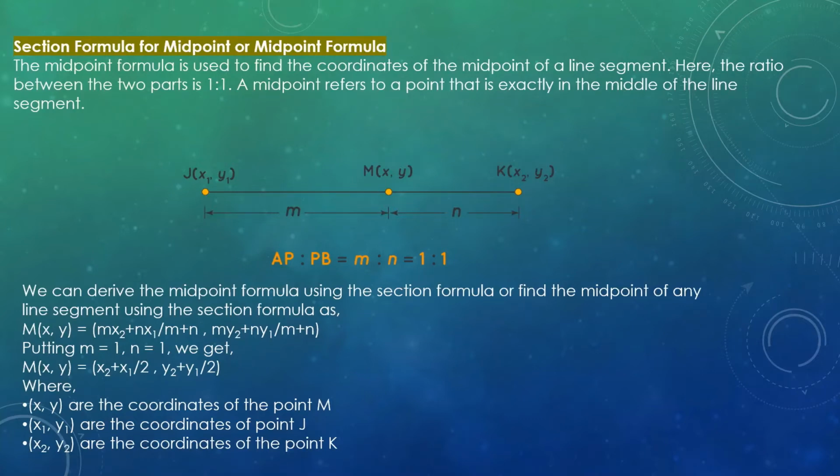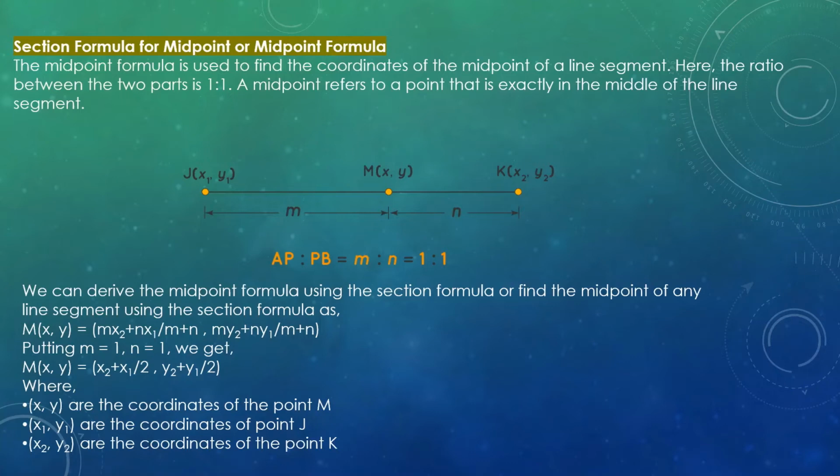Section formula for midpoint, or the midpoint formula. The midpoint formula is used to find the coordinates of the midpoint of a line segment. Here the ratio between the two parts is 1:1. A midpoint refers to a point that is exactly in the middle of the line segment. We can derive the midpoint formula using the section formula,